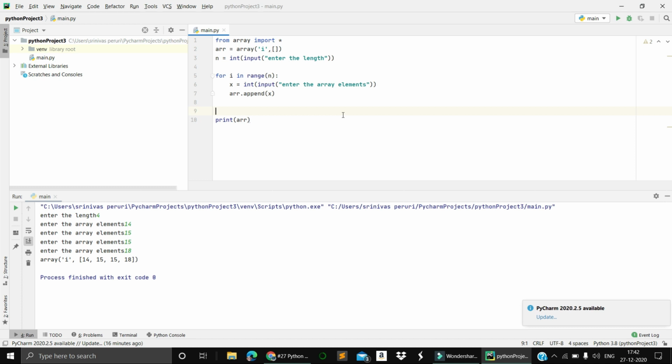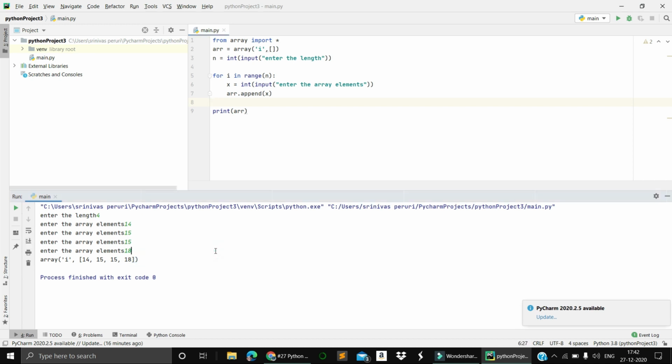But I don't want just all these things. In the same way, we need to have an element such that I can search the element. It's like in C++ where we have linear search, right? So I need to search the element 18. What is the element, where is the position? It means I need to find the element and I need to know the index of that element. For that, what do we need? Again, we need one loop, the same loop only, right?